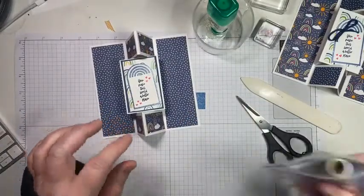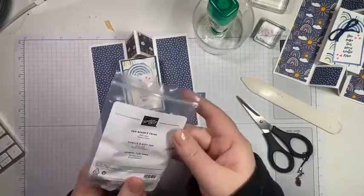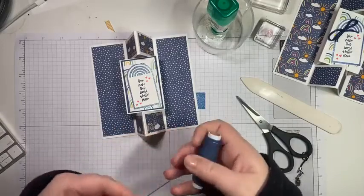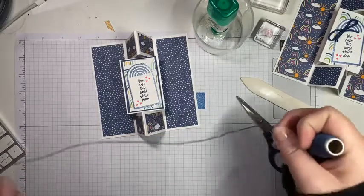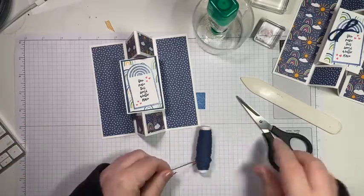And then I'm just going to take a little piece of this twine. This is from the Fan Baker's twine, so you get 3 different colors. I'm going to use the Misty Moonlight one, and I'm going to make a double bow. I'm going to try to make a double bow, see if my fingers will